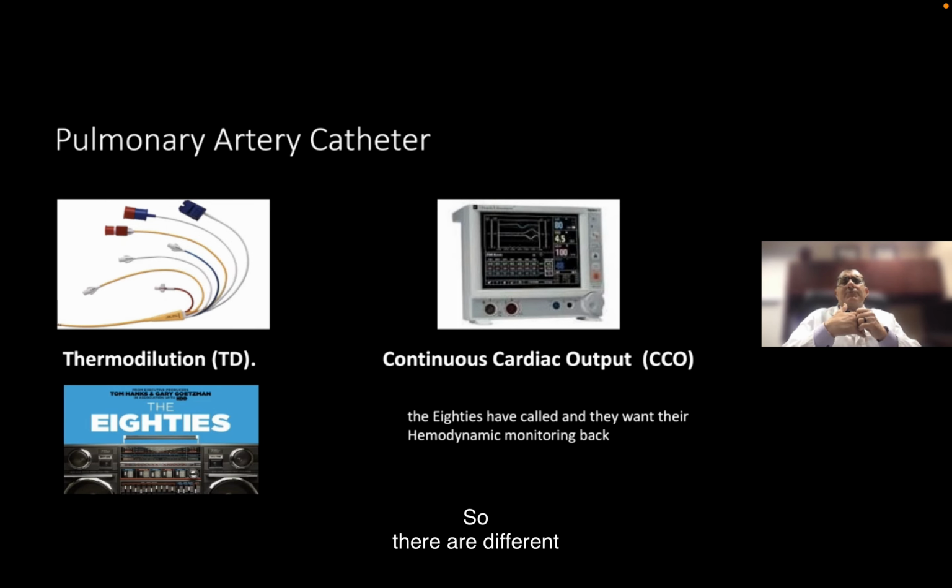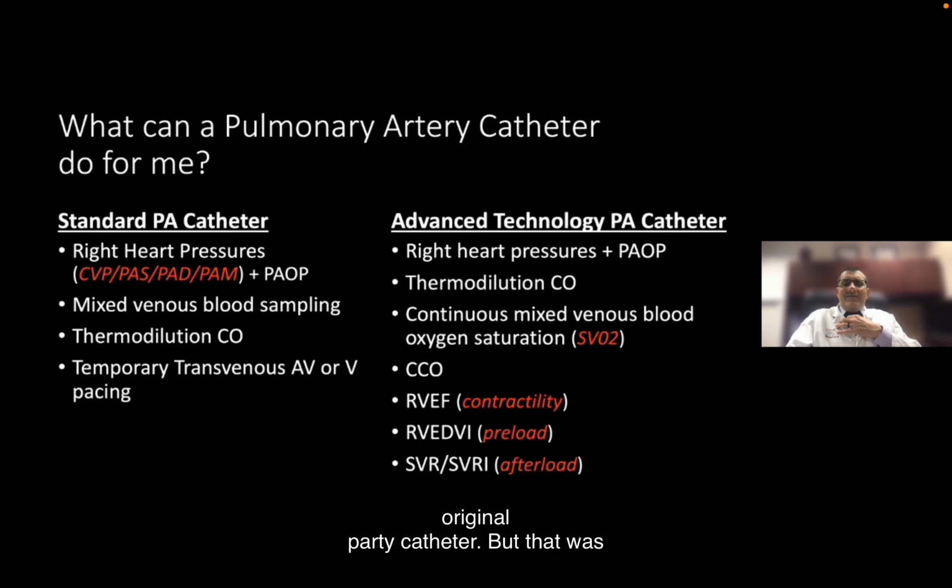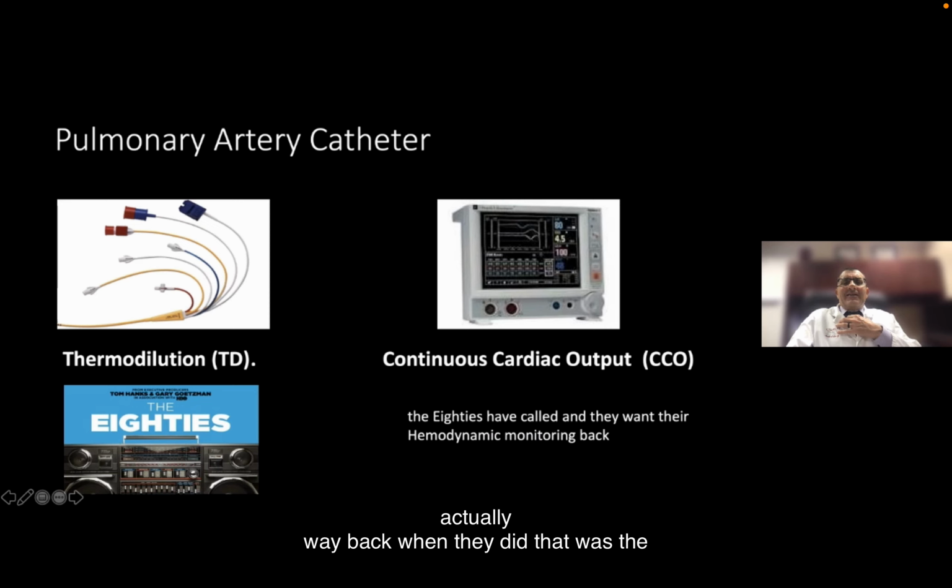So there are different pulmonary catheters in this world. And I like to say that, and I fortunately had the privilege when I was with Edwards for a while to meet the founders of the original pulmonary catheter. But that was actually way back in the 1970s and 80s. And so thermal dilution catheters, back when I started talking about this, you would shoot a cardiac index every 4 to 6 hours. But as I talked to you about earlier, Maxine Cannison and his team really did start